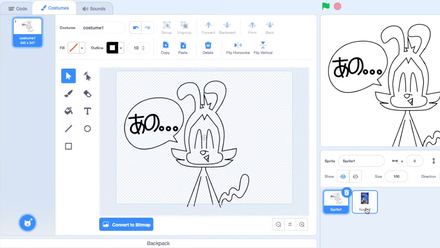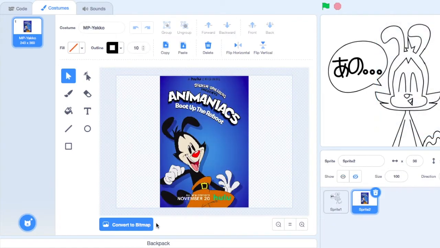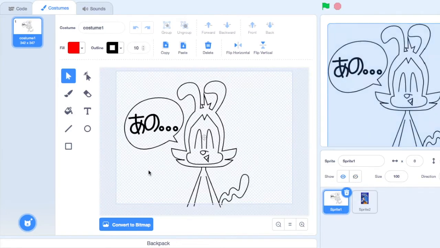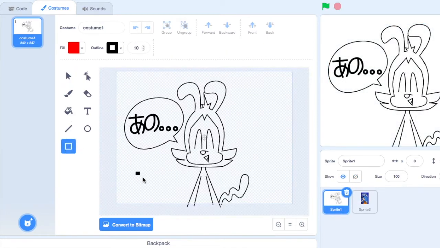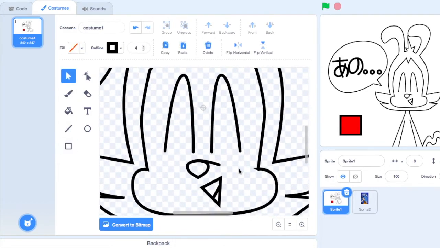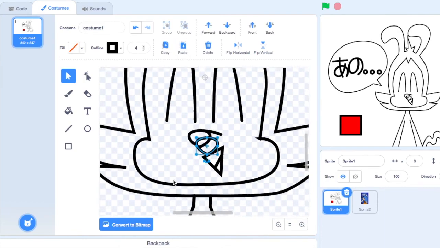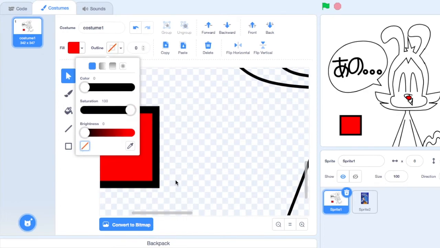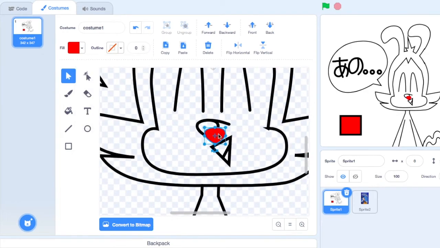If you're drawing fan art of a character from anything, convert the picture that you have as a reference from bitmap to vector. Then get the color picker tool to get the color that you need. Then go to the costume that has your drawing and use either the circle or square tool to have that color in place. Now, you go to your specific asset that you have drawn, copy and paste it, get the color that you have chosen for the square, and remove the outline of the copy. Now you align the copy with your other asset and press either the backward or back button.